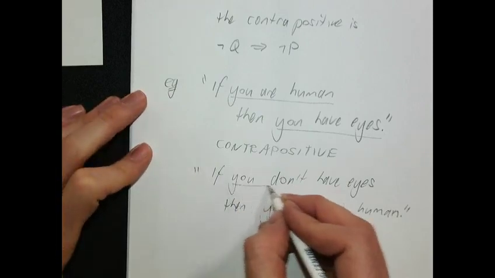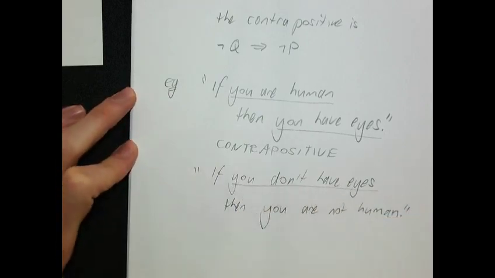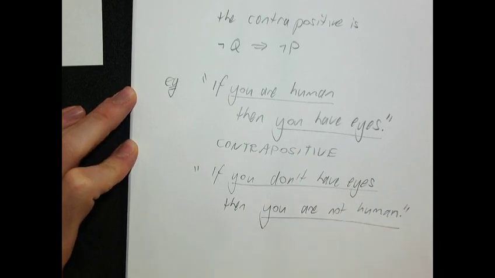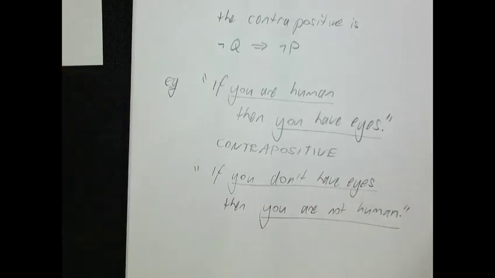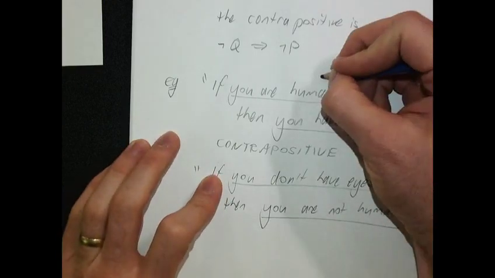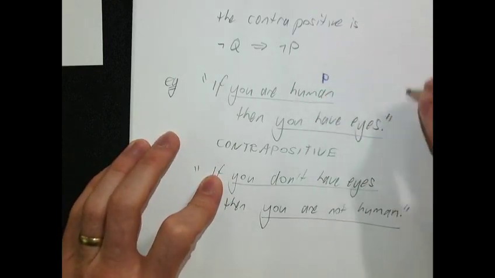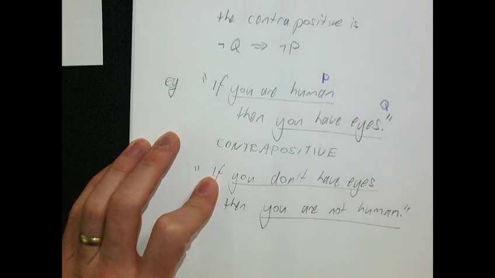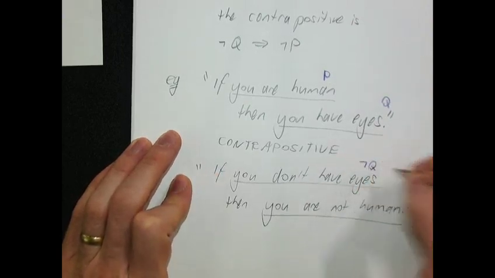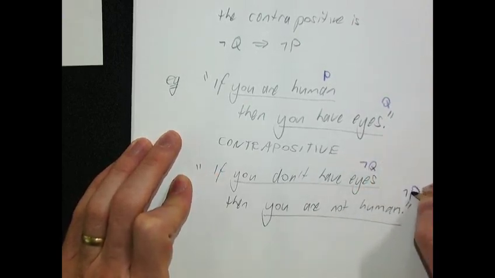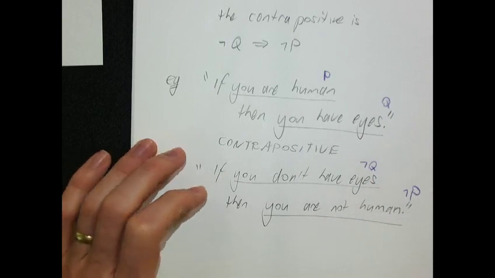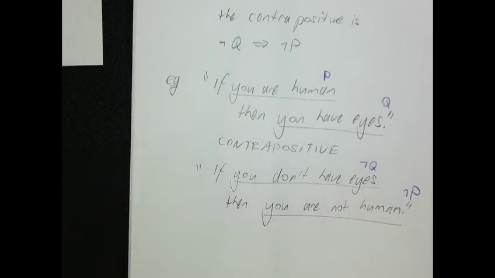So this is not P, not Q, and this is not P. So I'm going to, in another colour, I'm going to write that down. Must get some new coloured pencils one day. So this would be P, and this would be Q, and this would be not Q, and this would be not P. That's the contrapositive. Okay? So if you want one that's a bit more like maths,